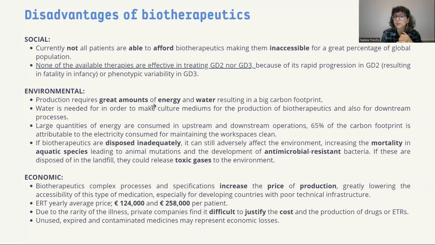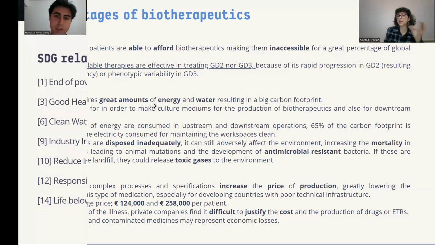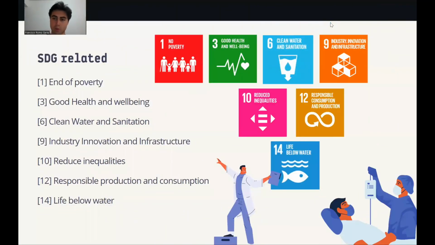the price of them. The prices of therapies tend to be really high, and due to the rarity of this type of illnesses, private companies find it really difficult to justify. These related are 1, 3, and 10, which have to do with giving access to these types of therapies to everyone, not only the wealthy. 6 and 14, which has to do with less pollutants from water residues from these type of therapies. And 9 and 12, which have to do with improvements in tech in order to upgrade these kinds of therapies